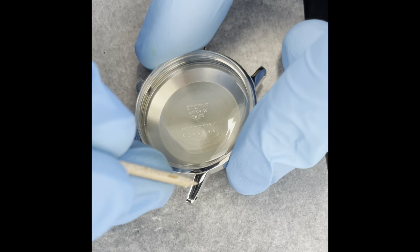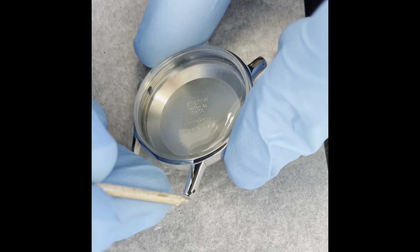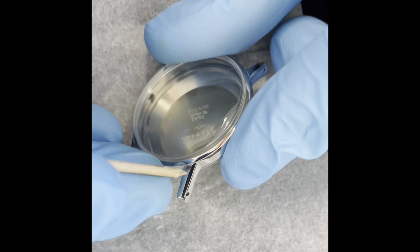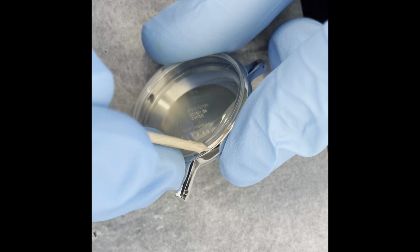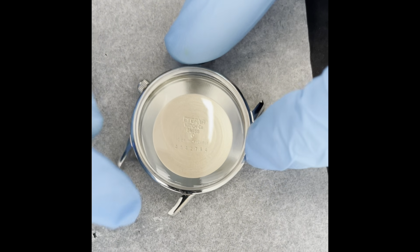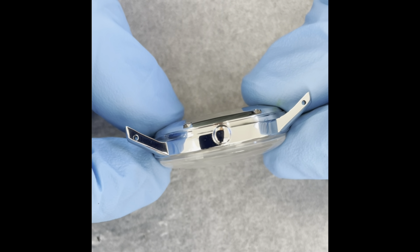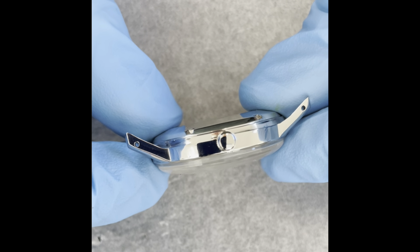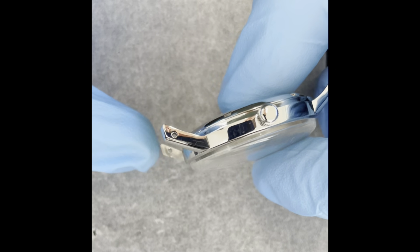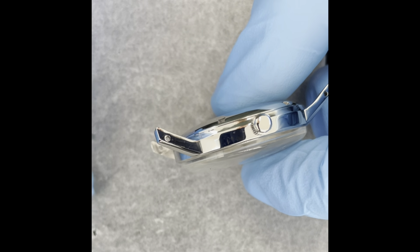but it's not just a question of that. The thing is, if I was to put this flat on a lapping cutter as well, I would cut away the corner of the round bezel, so it's a little bit of give and take. But what I am happy about is that the general lugs, you see there's a tiny bit of deformation still in the steel, but very little. If I was to cut this much more down, we're also removing material,